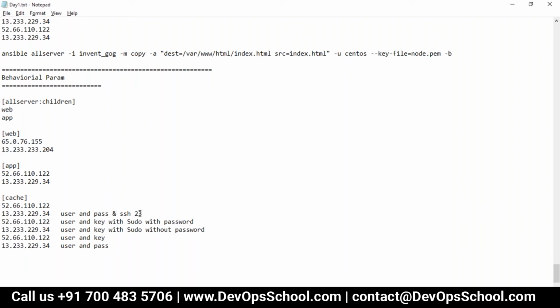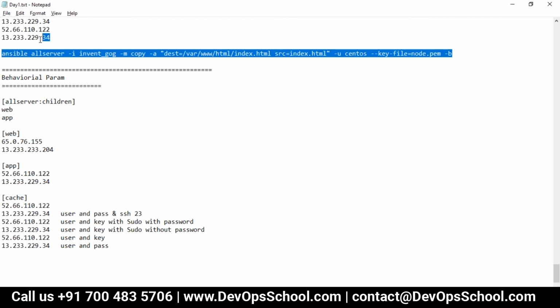So some machines have this. Look at this command. Do you think it will work? No. So if you have understood the problem here, then I can talk about the solutions. Did you understand the problem here?